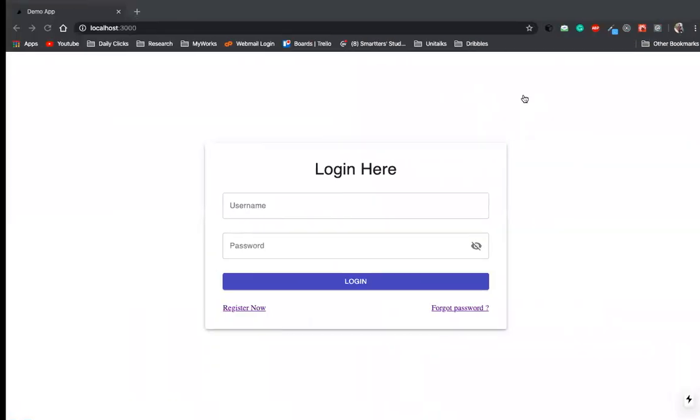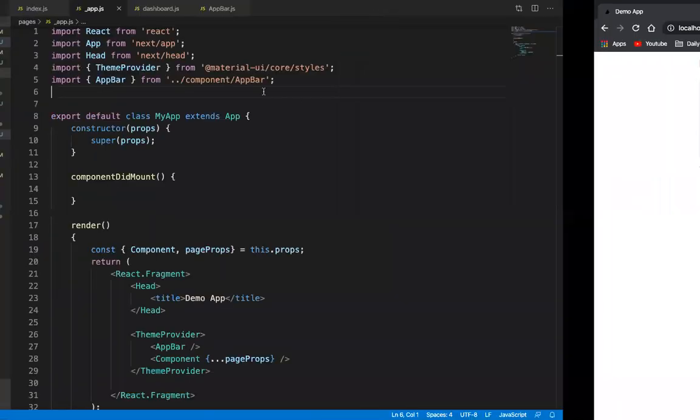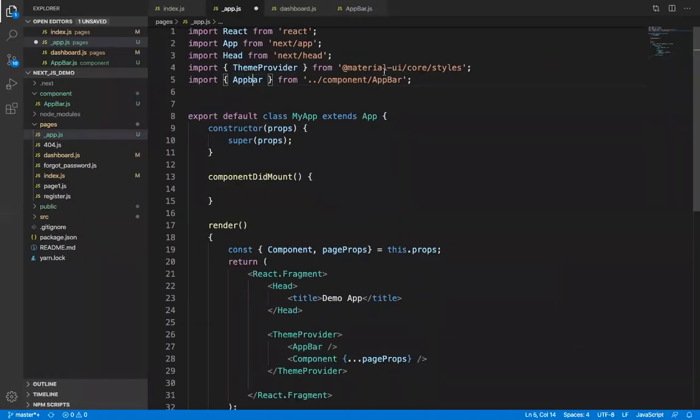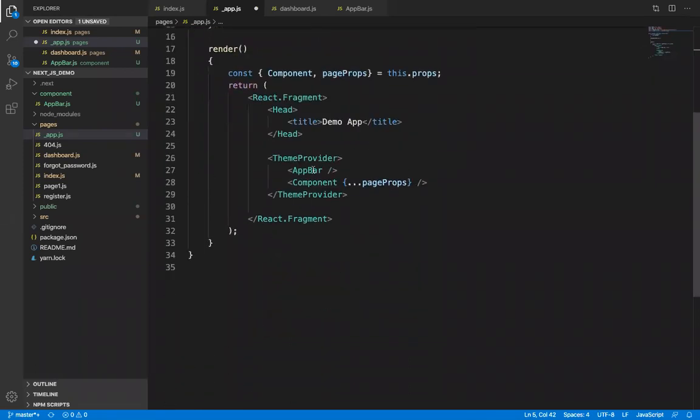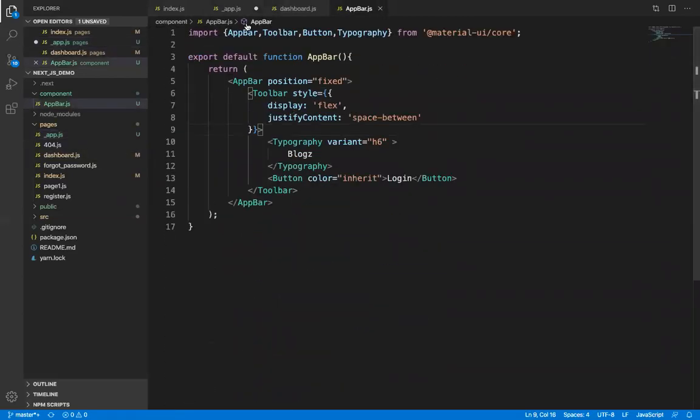So now, syntax error. App bar, app bar, app bar. Actually, we have defined the app bar with the same name as is available in material UI core. So we have to change the name. We'll make the B small.